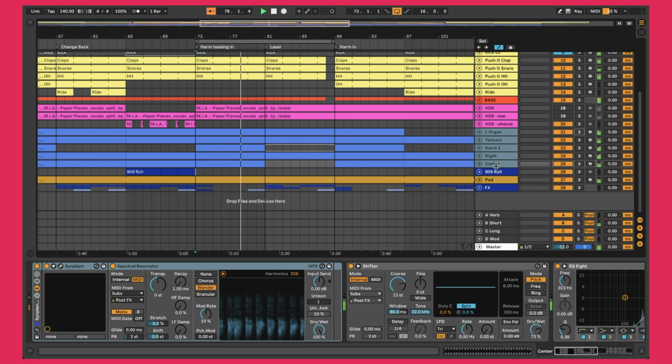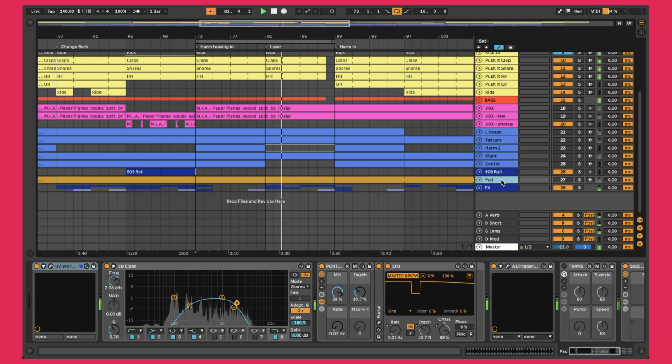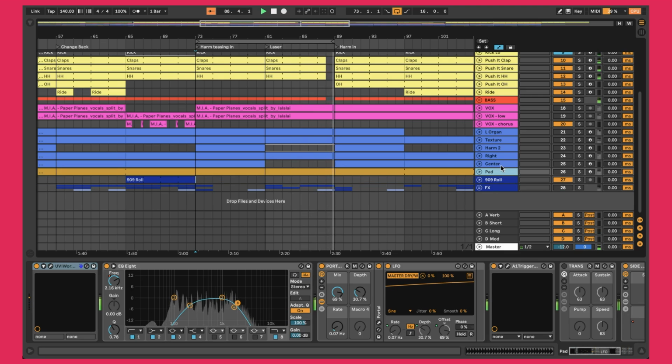So what I'm going to do to get things started is turn everything off. So what we're listening to is mostly the bass, the drums, and some of the little effects actually as well. I'll turn that off because we'll go over the effects in the arrangement video that we'll be doing next. So first off